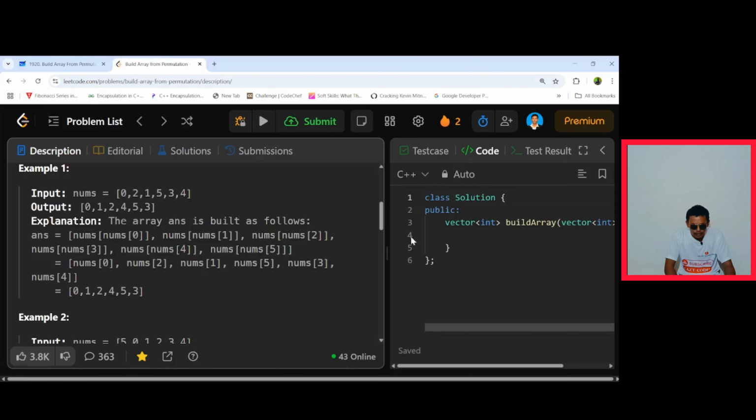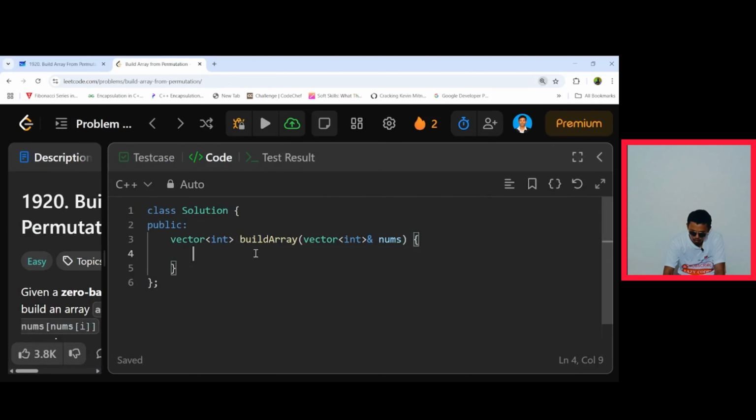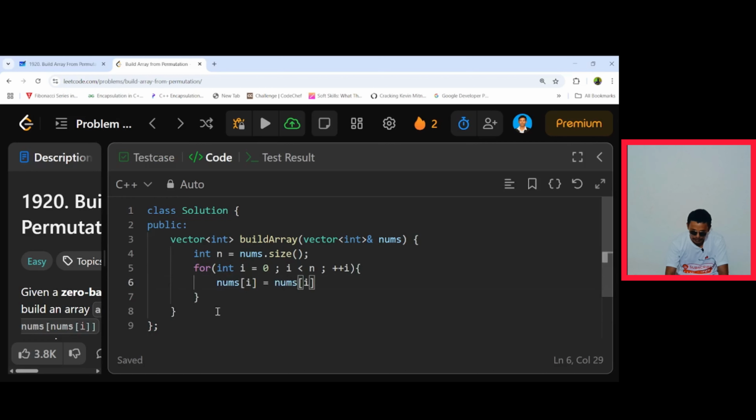Now let us come to the compiler and code it. Let me write int n is equal to nums dot size. Now for int I is equal to 0, I less than n, plus plus I. Now let me write nums of I is equal to nums of I. See, this is your old value.